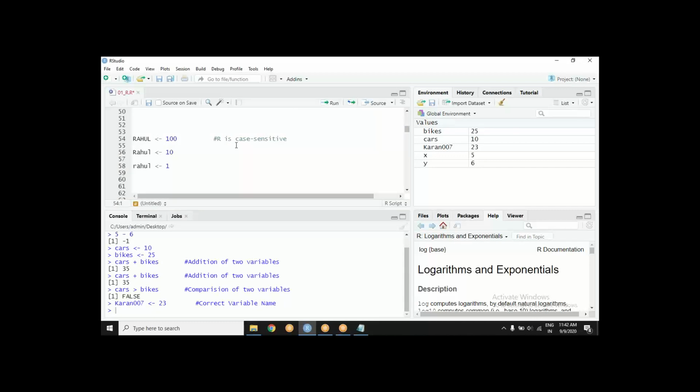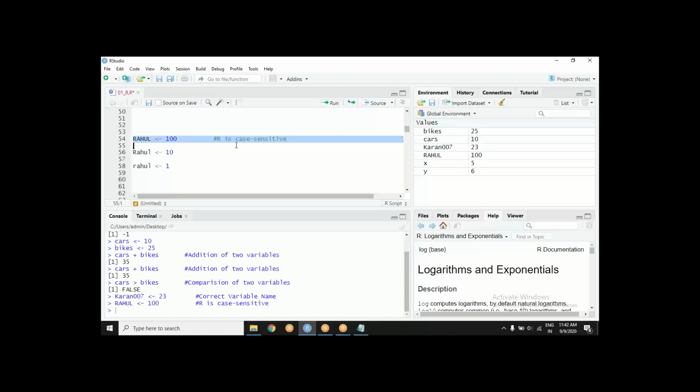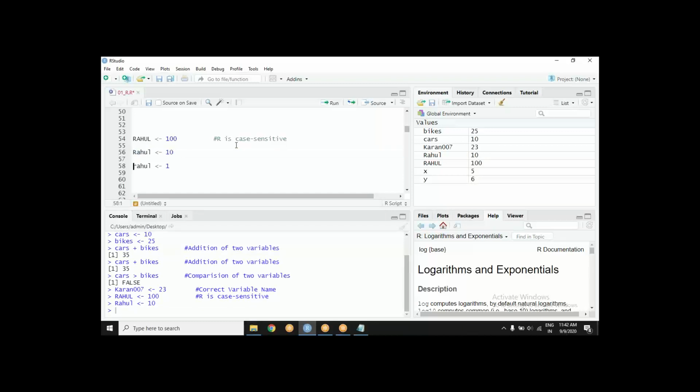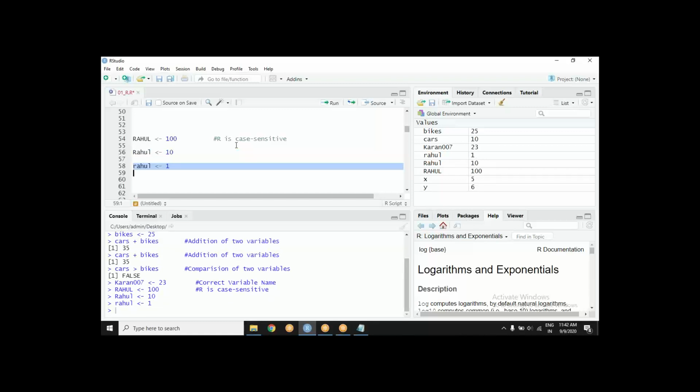Since R is case sensitive, this Rahul means something else. You have given it 100, very well. Now since this Rahul means something else, it can take a different value also. It is all happening because there is a case mismatch. They have the same spelling, it is just that the case is different. So R is treating all three Rahuls differently. It is creating three different variables and assigning three different values. No problem at all.